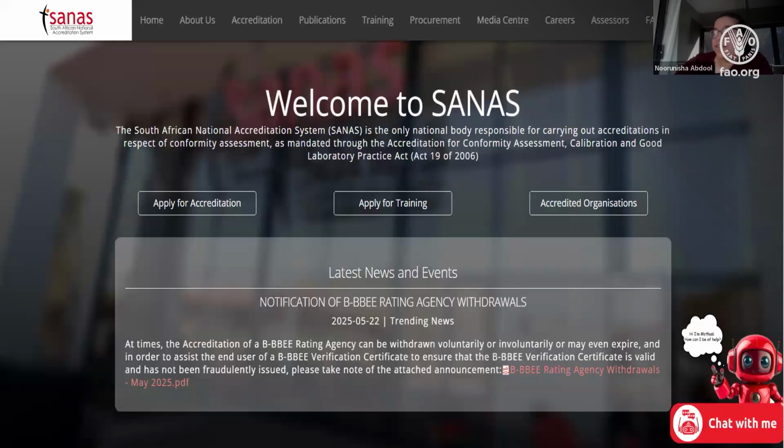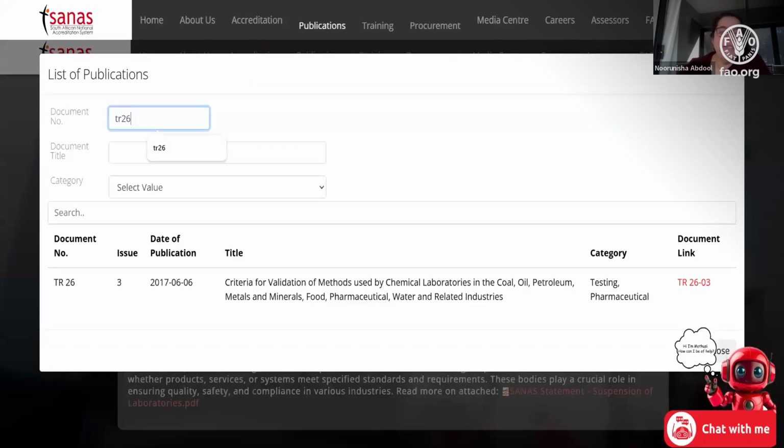Okay, so we get to TR26. You go to the SANAS website, www.sanas.co.za, go to publications, and you are going to see documents. Type in TR26, and you are going to see the document that's on screen. You can simply download that, and you will then be able to follow the document